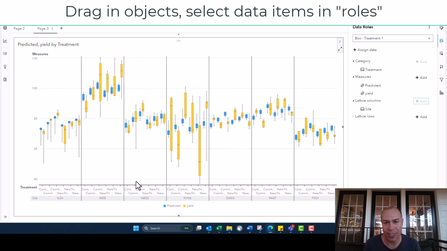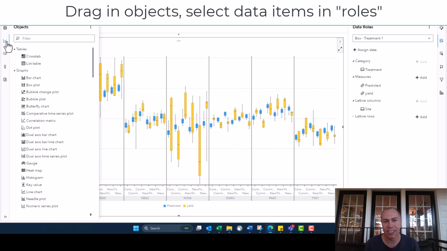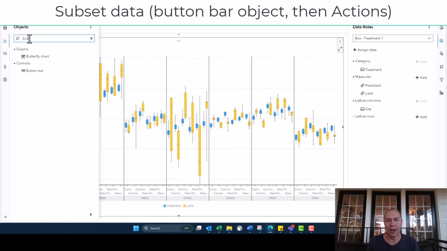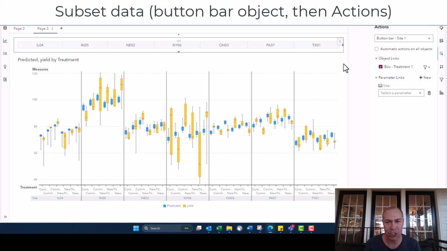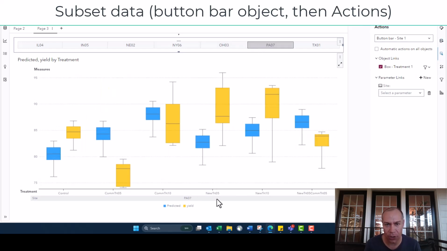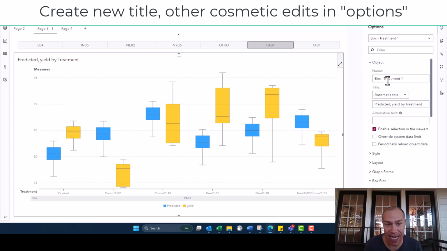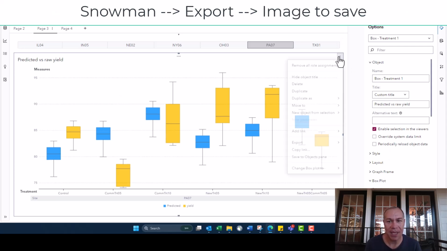Box plots are shown here, the predicted values versus the original raw values, and we can subset the data through automated actions, such as creating a button bar where we input an action on that object. The button will control the bar chart, selecting one site in this case to view that individual thing. Here, back in options, we're creating a custom title. We can customize other aspects such as the color of the chart, and then